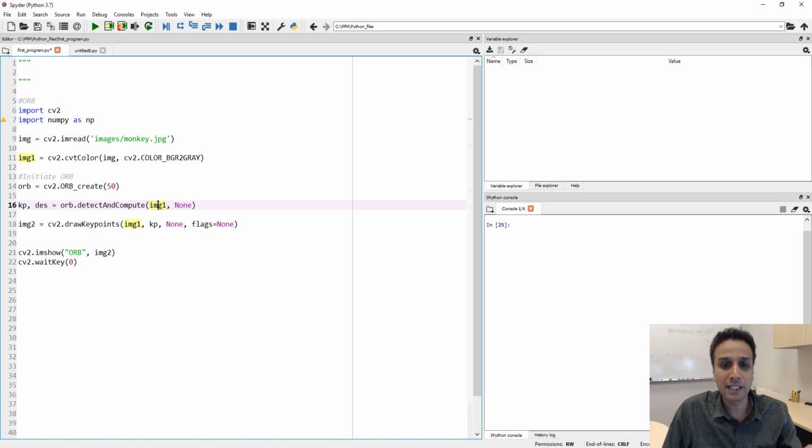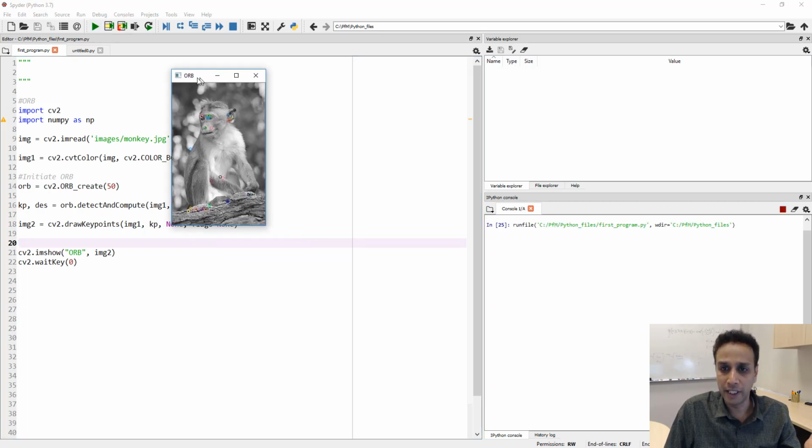Which means the result of this is nothing but a bunch of key points and associated with the appropriate descriptors. Then we used a function called draw key points, which is amazing because it draws these key points onto our original image to make it easy for us to visualize all these key points. So that's pretty much it. And the input for this one is our image itself and the key points. So if we go ahead and run this,